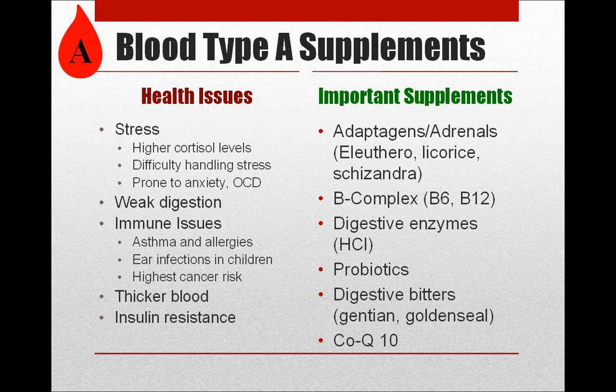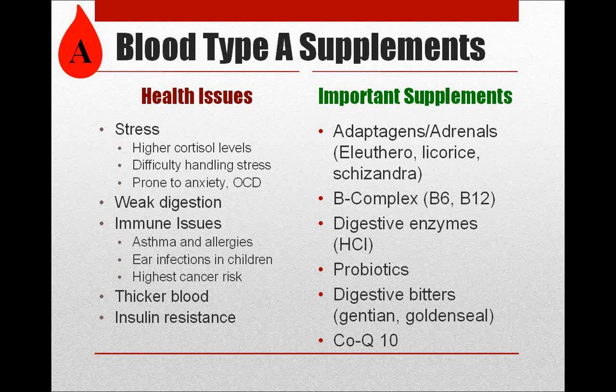So some of the supplements, other than adaptogens and adrenal things, are digestive enzymes. A's don't produce enough hydrochloric acid to break the proteins down as part of the issue, so putting hydrochloric acid in tends to help. But it has to be done with food. Probiotics,